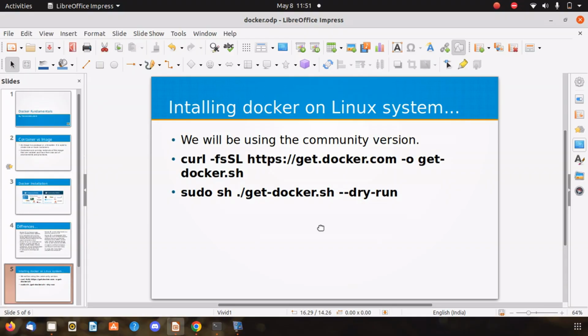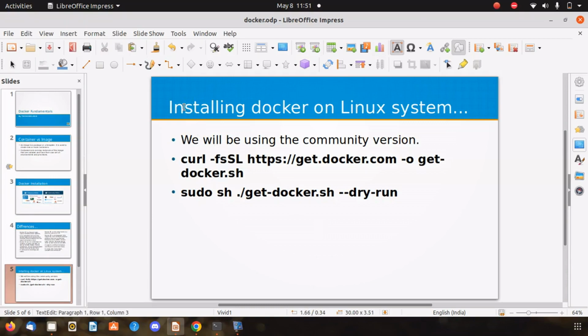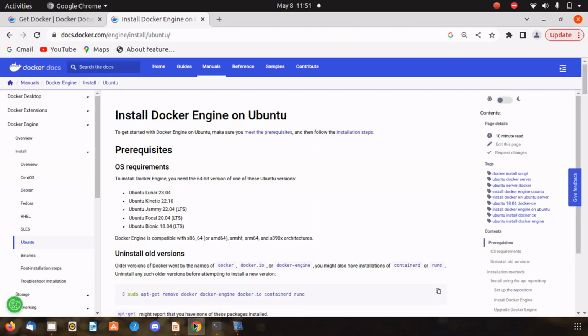Now next, how we will be installing Docker on Linux systems. So first of all, we will be using a community version for tutorials. Then we will be using the direct script method. But hold on, we have more ways to download Docker, and for that we have to visit the official documentation